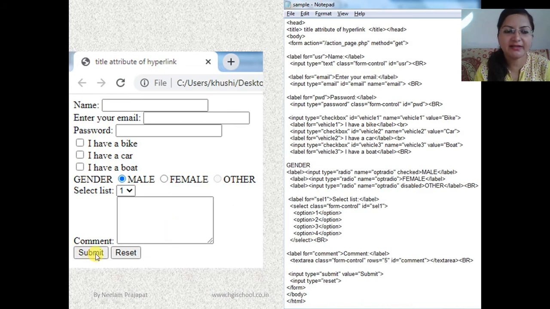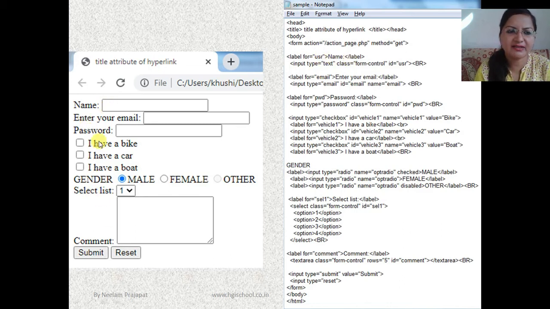Okay, then this is submit button to submit the form so that data can be sent to the next page to check the validity, and reset is there to clear the form. Okay, so this is the basic structure. You can see form action, this I will tell you in the last page. Okay, then method get is also there. These two attributes I will teach you later on. Now label for user. Okay, this is the label to display the content.